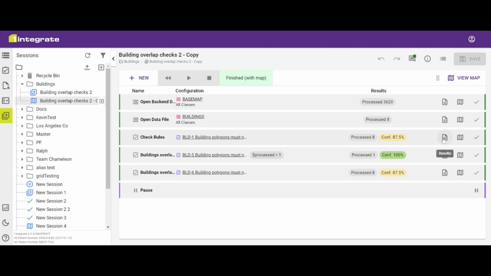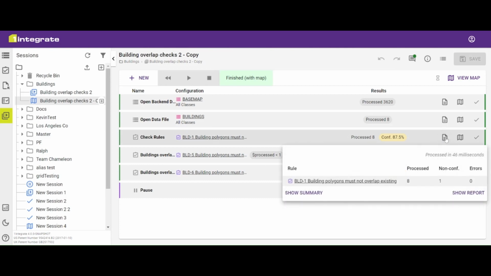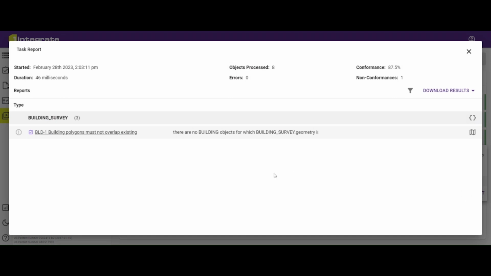If we move across to the right-hand side, we can click the results button for any task. This first opens up a summary of the results, and we can then click show report to see the full report for that particular task. Along the top, we have some metadata: when it was started and how long the task took, how many objects were processed and how many errors there were, and also in the example of a check rules task, how many non-conformances were generated.